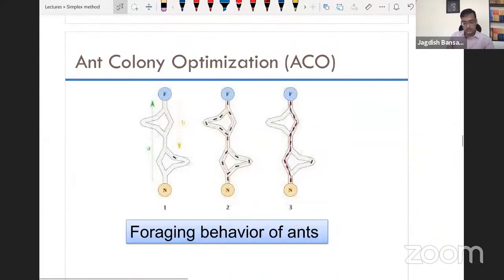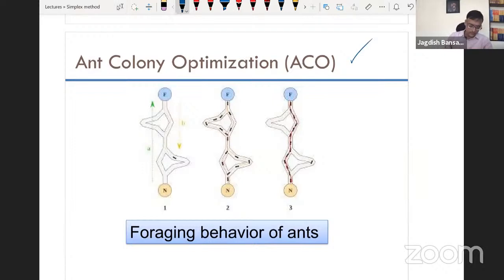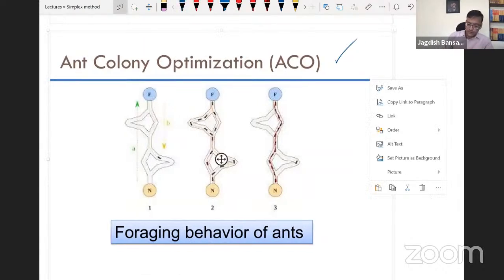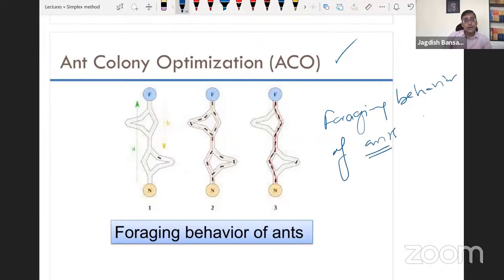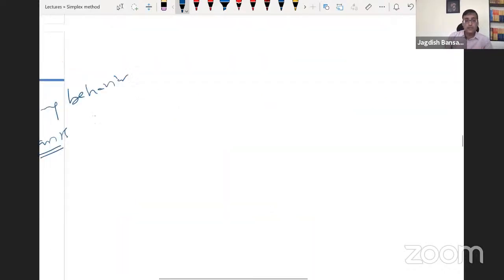Okay, so another algorithm, the ant colony optimization algorithm, which I always tell is a very famous algorithm, and of course a very good algorithm also. It is inspired by the foraging behavior of ants. How the ants forage, and how the ants always find the shortest path from one point